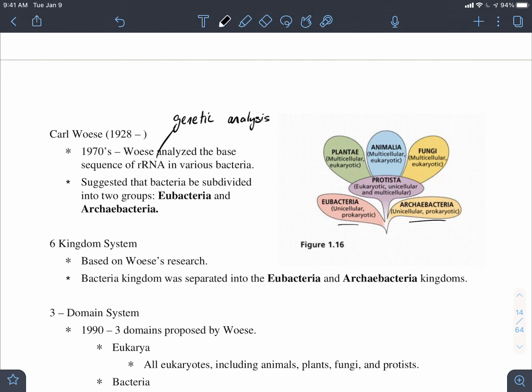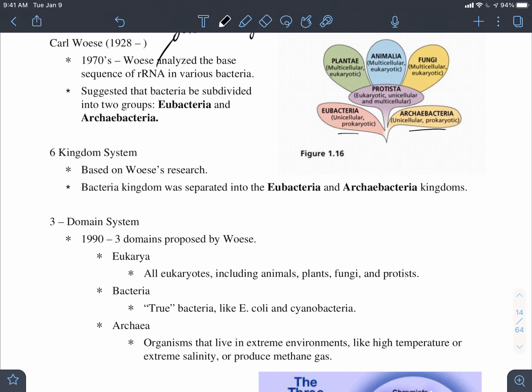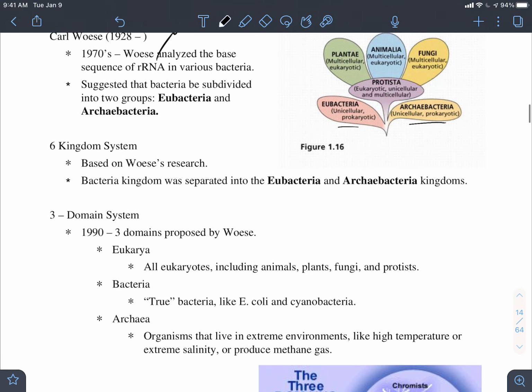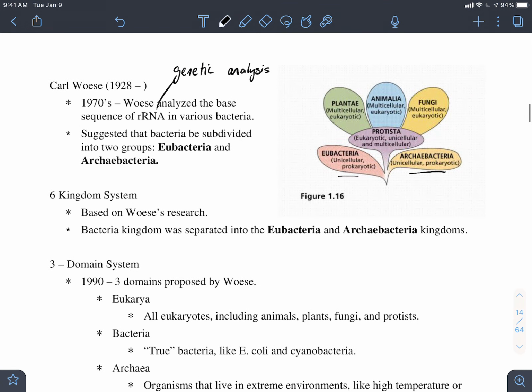But Woese didn't give up, and so in 1990, Woese and his research group continued to discuss this and said, let's organize these organisms into something we call domains now. So let's take the kingdoms and put them in larger groupings called domains to indicate those cell types. Notice that all of these have the same eukaryotic type of cell. And we'll talk about that in a bit. In a couple lessons we'll be talking about cell types right away. So all of these had the same cells. So he said, let's call this domain Eukarya.